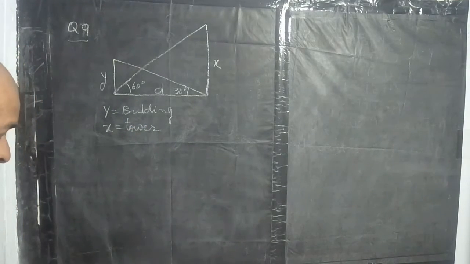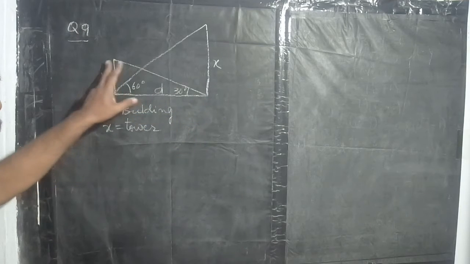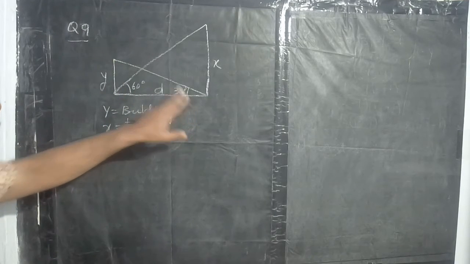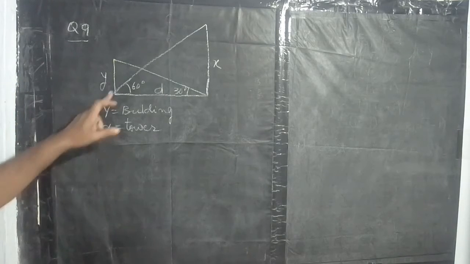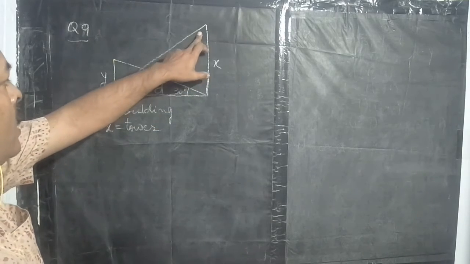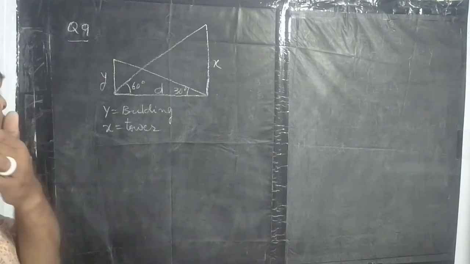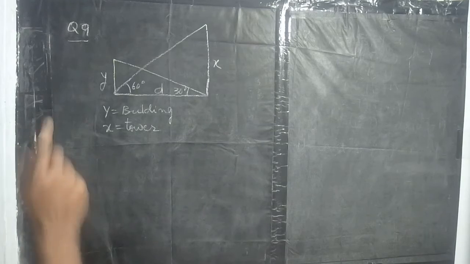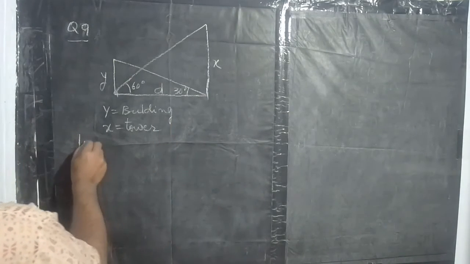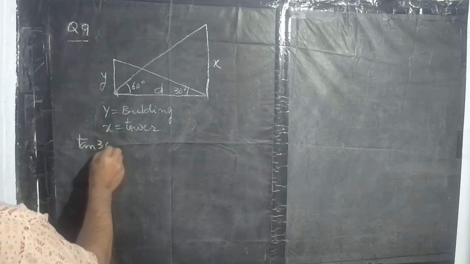The judgment is, it is read the angle of elevation of the top of the building from the foot of the tower. From the foot of the tower, top of the building, 30 degrees, small angle. So building height is small. And the angle of elevation of the top of the tower from the foot of the building is 60 degrees. Here the angle of elevation is bigger, so the tower is taller than the building. This is the judgment.